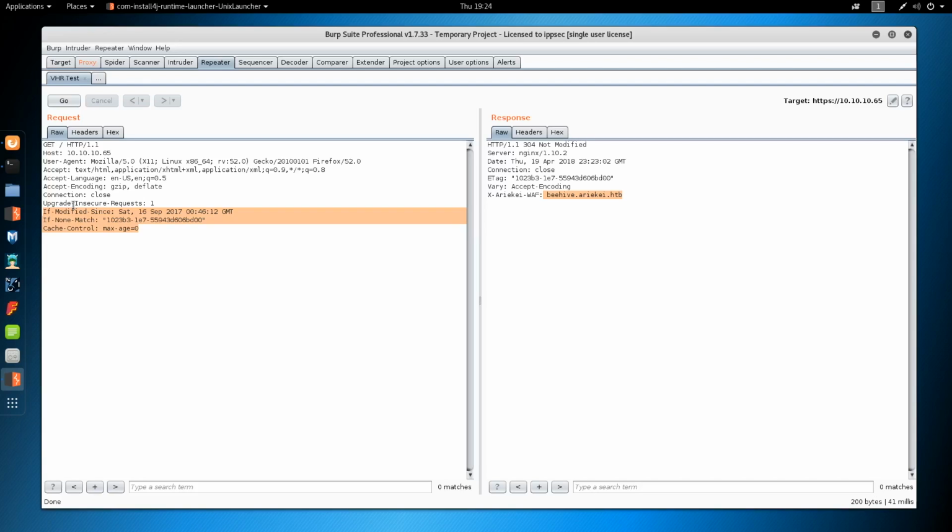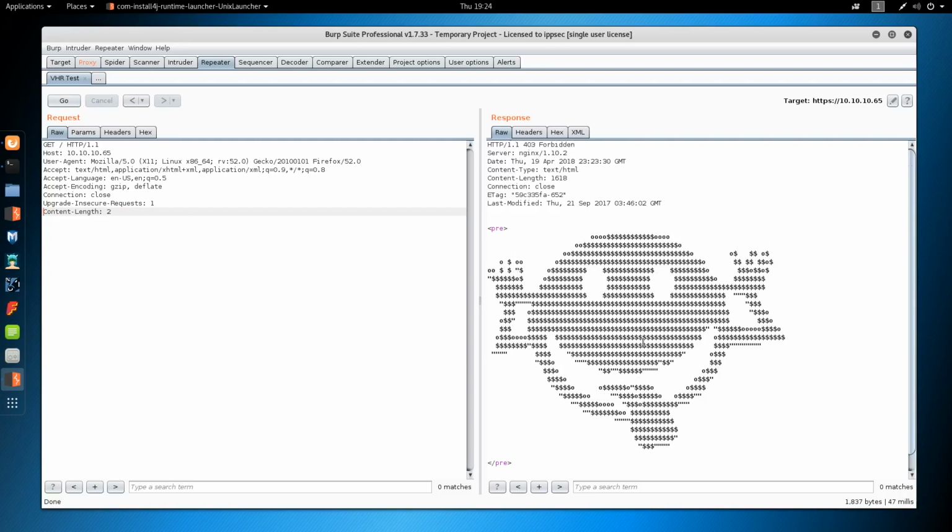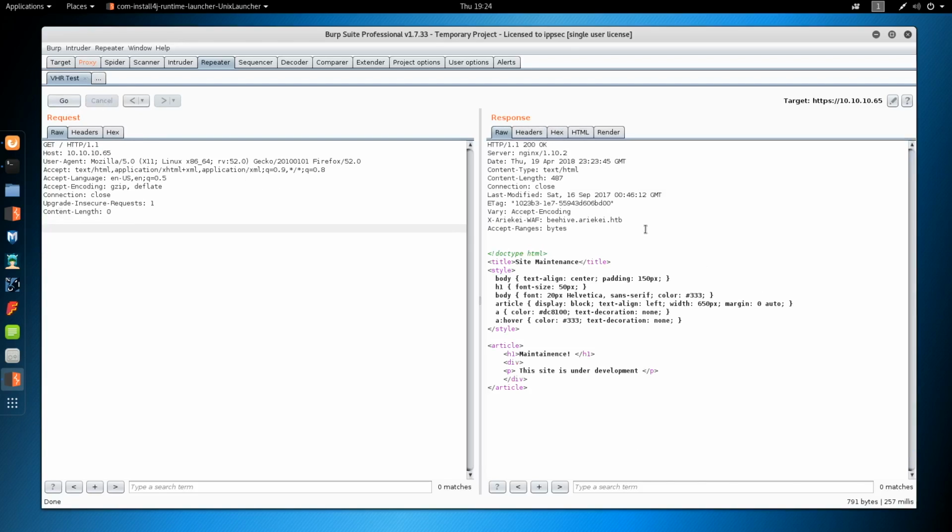Let's delete the headers on our side on a request that relate to cache. Click go. We get something weird. That is the page when you trigger the WAF. And I think it's because we have just 3 empty lines here when you're supposed to just have 1 empty line. Yeah. So there we go. We're at Ariekei's page. And I say Ariekei's page because we see this WAF header telling us we're being forwarded to